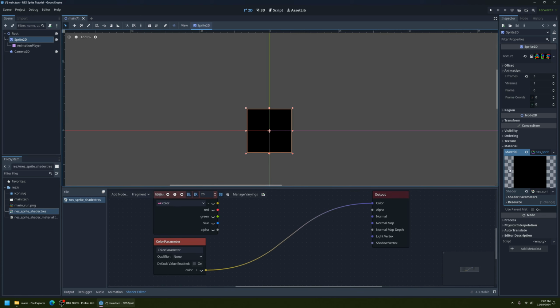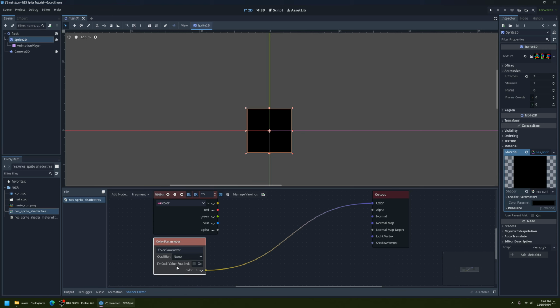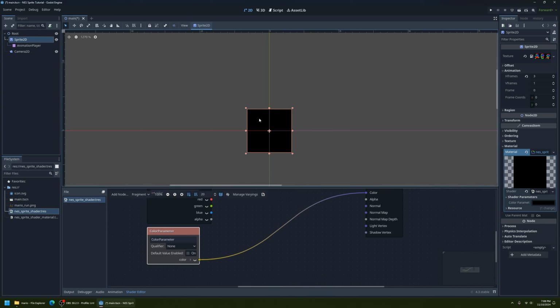And here under the material and the shader, you see we have a new drop-down menu called shader parameters. And this is all the parameters that we create in the shader that we can pass data to. You can see the reason why the sprite is black is because this color parameter is set to black. So let's name this something a little bit more useful, such as primary